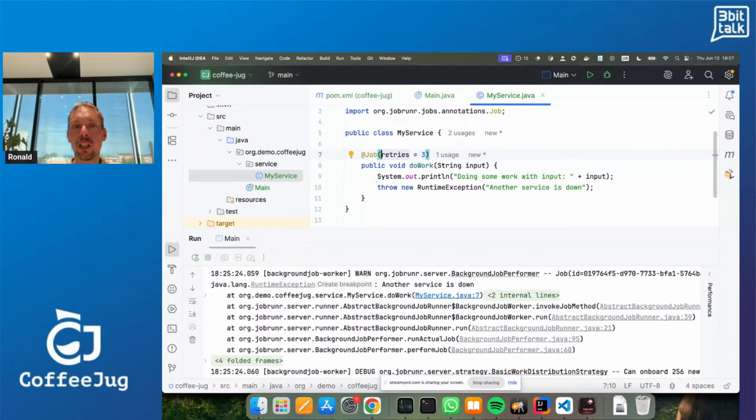And the thing is, you can also give your job a name here, which makes it easier to find in the dashboard. So, my service doing some work. And you can even add parameters here from the method that you're calling. So if I do %0, what does it mean? Well, JobRunner will call the toString of the 0th argument, the first argument, in fact. And that's what we will print here.